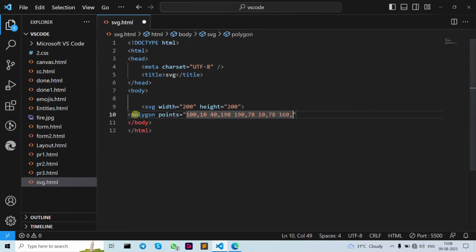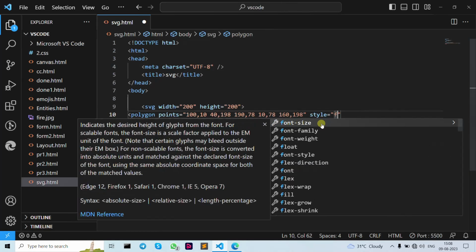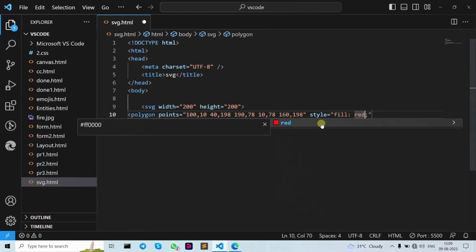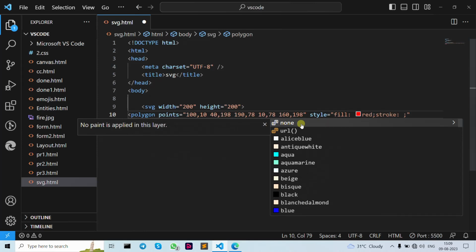You need to write down after space. As you can see, I give the space here. We need to write down after the space. Here we have set our style, fill red, stroke black,